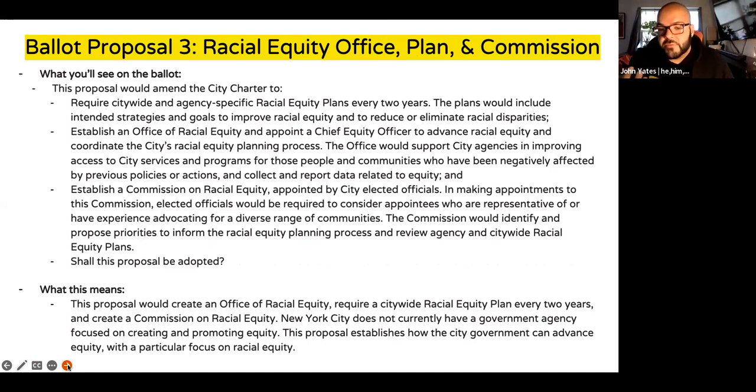But what this is asking for is to create an agency, like an office on racial equity, a strategic plan on how the city plans on enforcing this preamble, and a commission, which in my mind is like a coalition of stakeholders. I'm anticipating a lot of community-based organizations and nonprofits, but whatever that looks like. This is an example of, okay, we have it in the preamble, and now this is what we're going to do about it. This doesn't always happen, right? When ballot proposals come up, sometimes it's just like we're going to try to get it in the preamble and